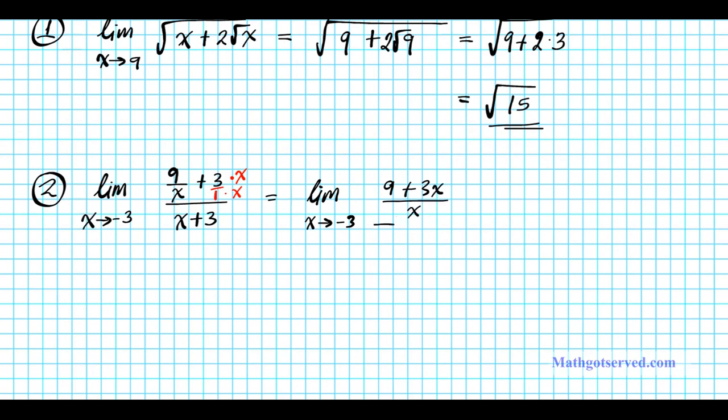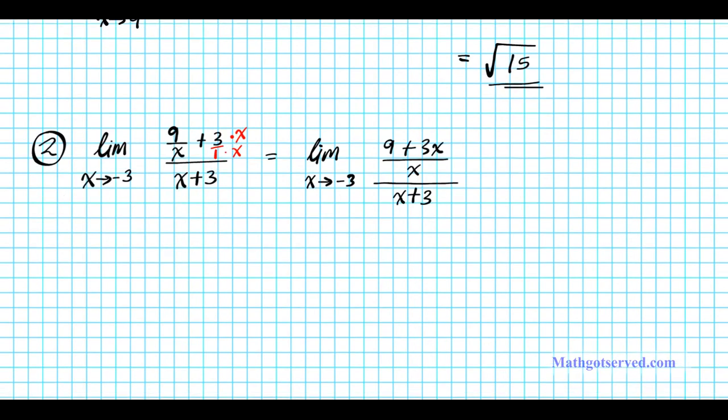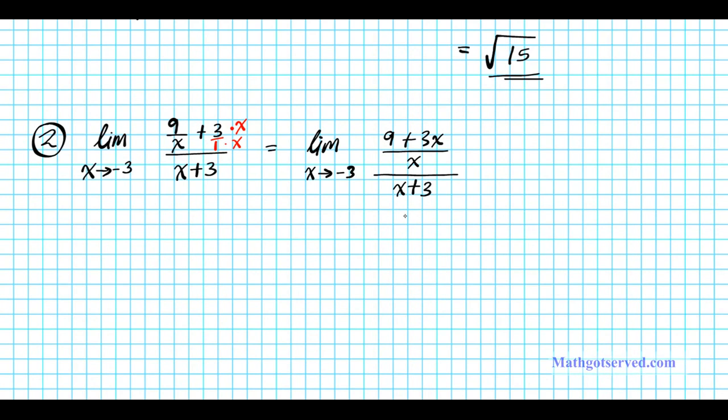Alright, and then in the denominator, divided by x plus 3. Now we have a fraction in the numerator. We want to divide it by the denominator. So what I'll do, for the sake of uniformity, is express the denominator as a fraction also. Okay? So now we are going to have the limit as x approaches negative 3 of the numerator. I can rewrite it in standard form and also factor out the 3. So we have 3 times x plus 3